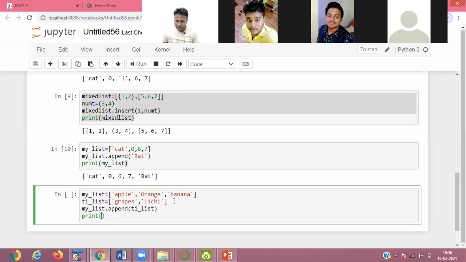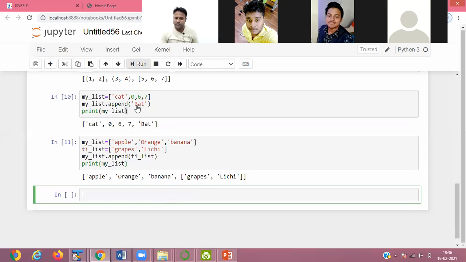Then print my_list. See that, one list is added into another list. Clear?